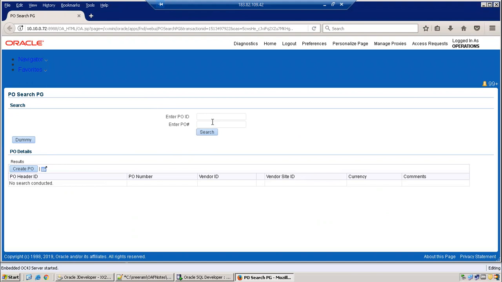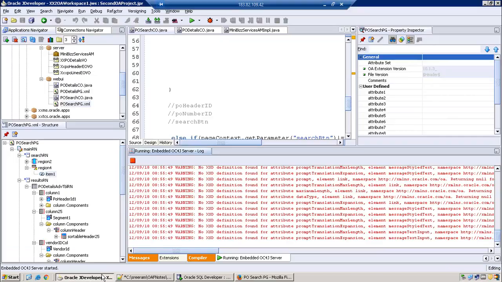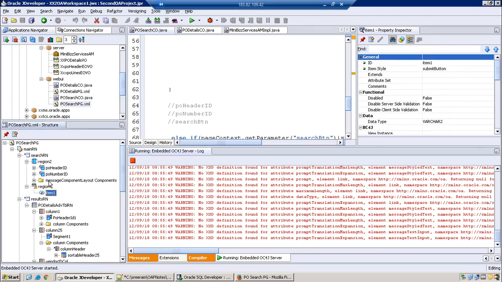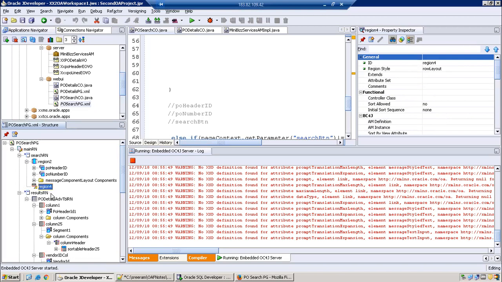Okay, can you see? Now the search button is getting displayed appropriately within this particular component. But now this dummy button is getting displayed separately like this. Of course, we have separate kinds of formatting options; we can discuss them later. But for now, if you don't have this particular footer region in the message component layout, simply create a new region and have the item there, or let the region be a header region only. Functionally there is no issue, only a visual representation difference.